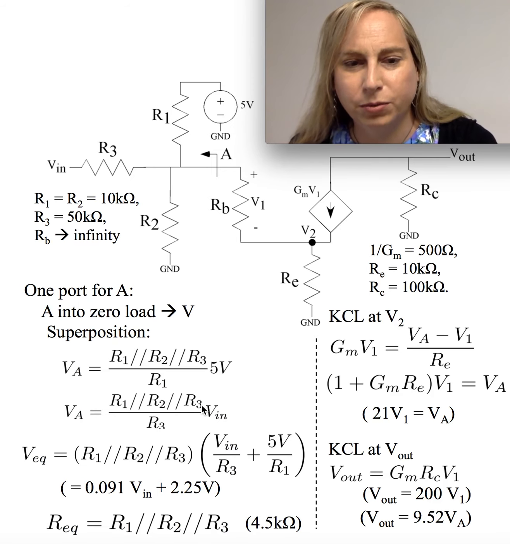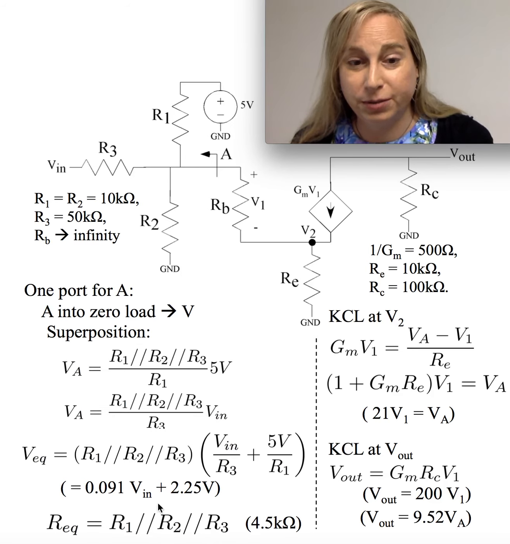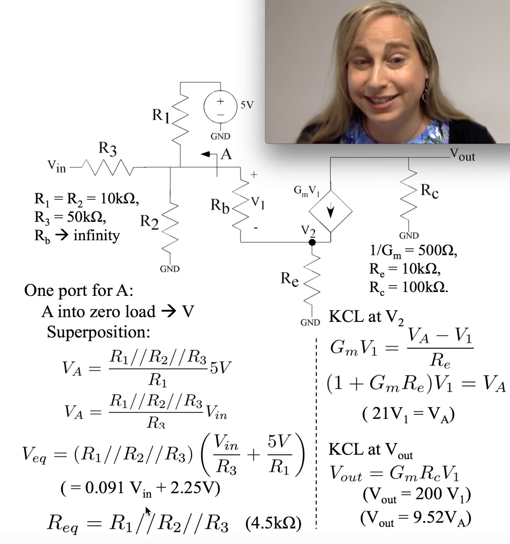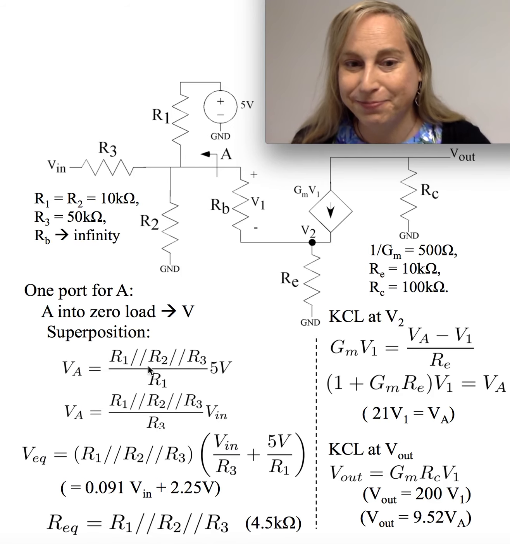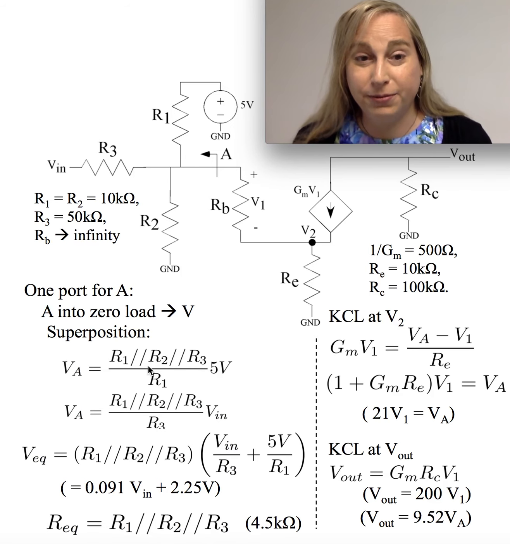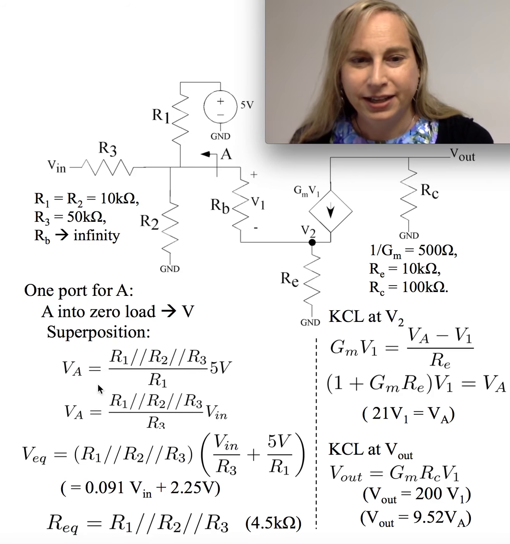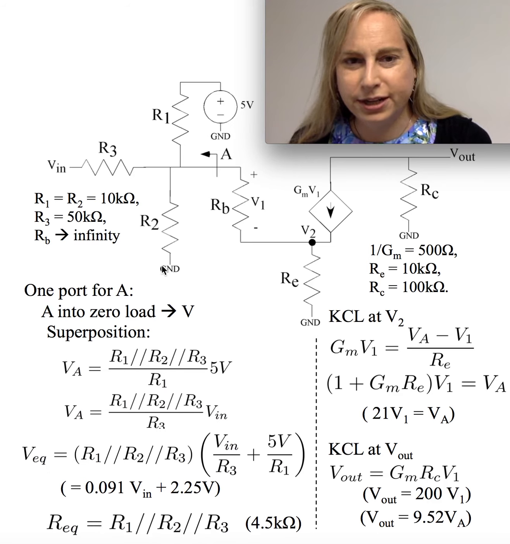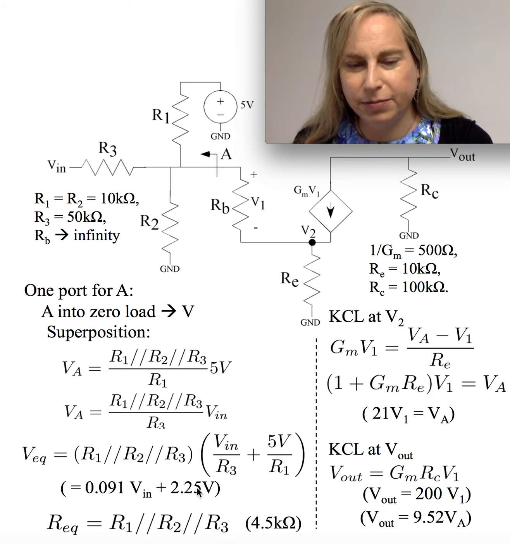Well, if I look at that, what is that? I could imagine building my two-port network, one part of which is: what is my equivalent resistance? That's really easy because that's all 3 resistors in parallel, which is kind of why I started drawing it this way in the first place. And we know that's about 4.5 k ohm if you're substituting in the values. I wanted to do both so you could see both in this conversation. If you're asking what is that equivalent voltage I'd be seeing at A due to both the 5 volts and the Vn, I just have to add these 2 responses. And if I do that, this is the expression I get,